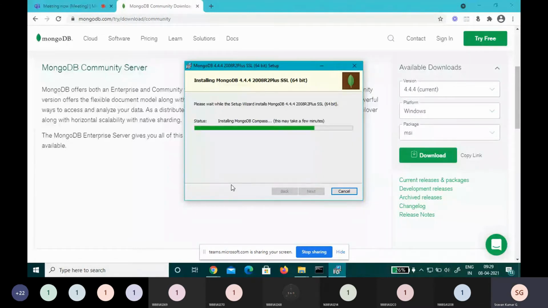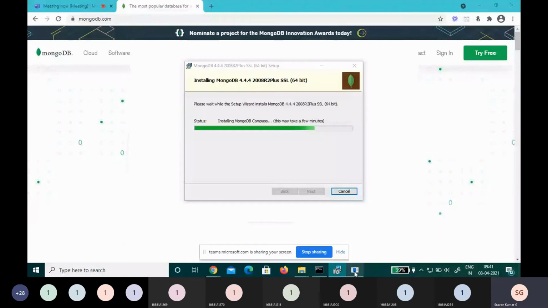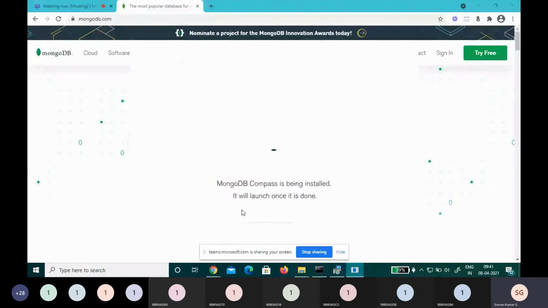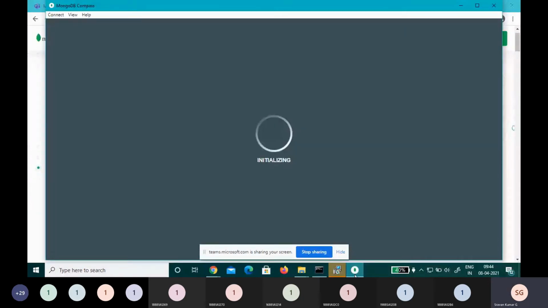It is installing. This may take a few minutes. Now you can see our MongoDB installation here. Now MongoDB Compass is being installed. It will launch once it is done. MongoDB Compass is getting initialized.